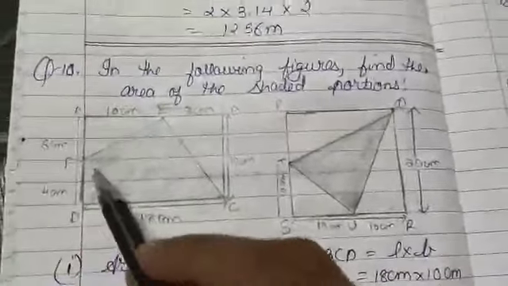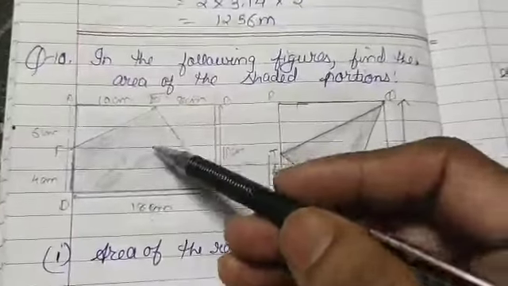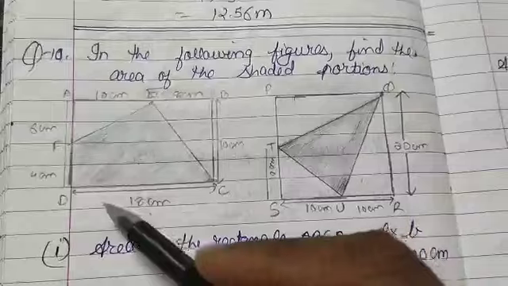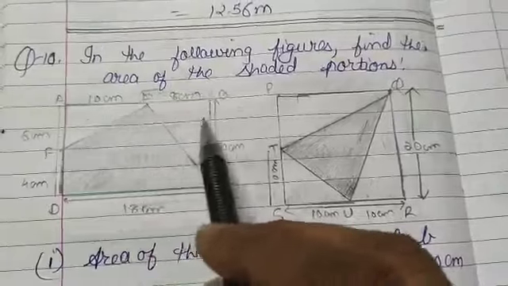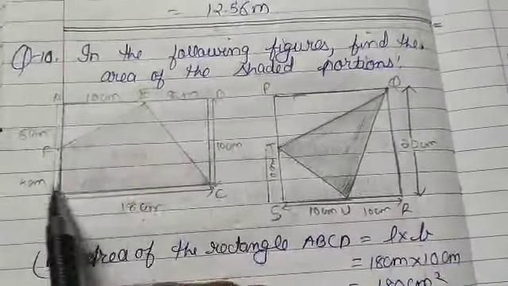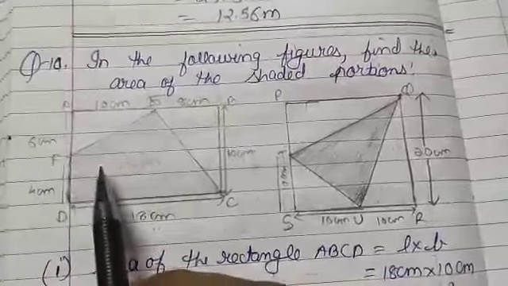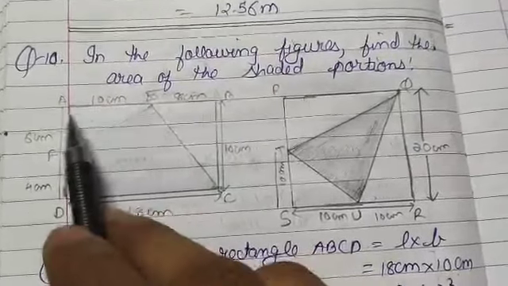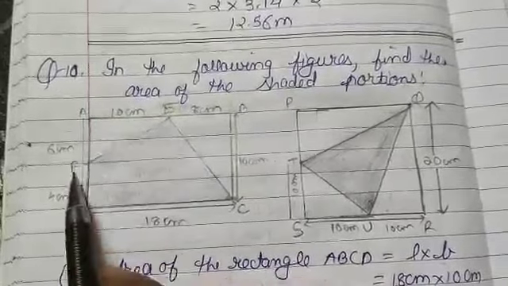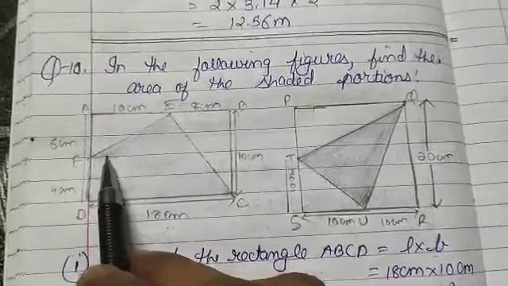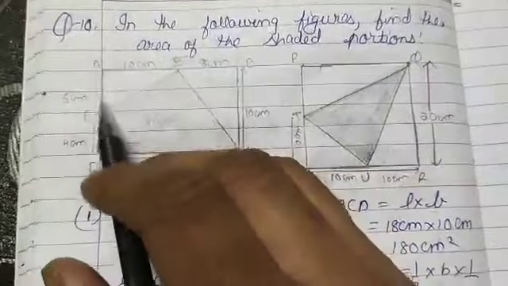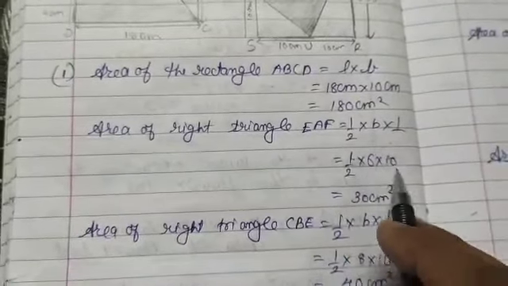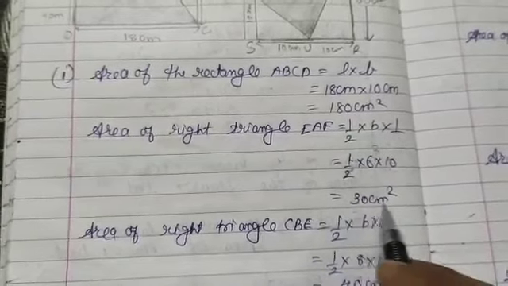Then, dear student, to find out the area of the shaded portion, that is CDFE, we will subtract the area of this right angle triangle and this right angle triangle from the area of the whole ABCD. So before finding the area of the shaded region, we will find the area of triangle EAF. It is a right angle triangle. So apply the formula, area of a right triangle EAF, half into base into altitude. The base in that triangle is 6 and the altitude is 10. So half into 6 into 10, 2 3s are 6 and 3 10s are 30 centimeter square.